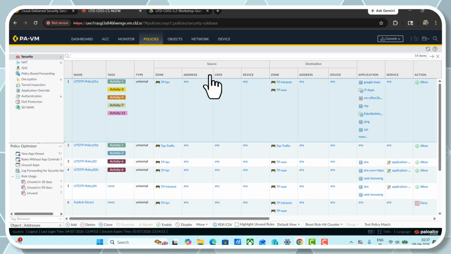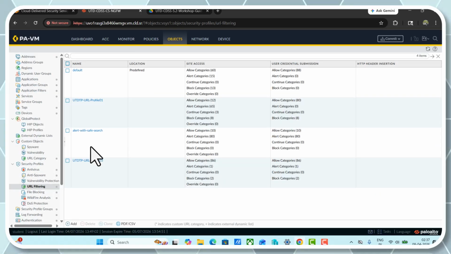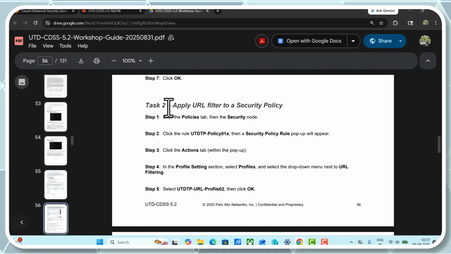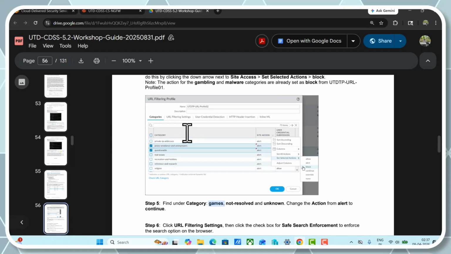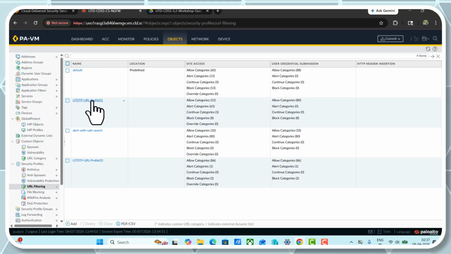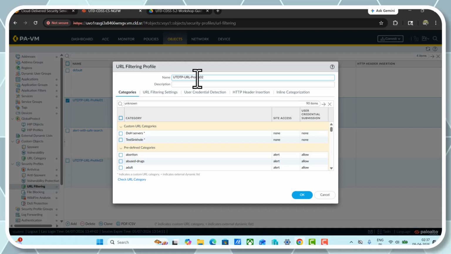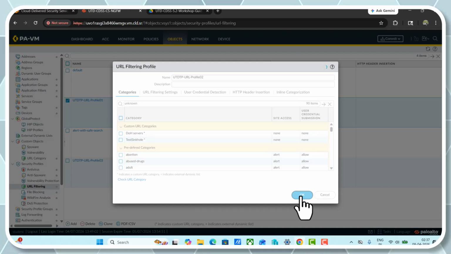So let me click on cancel and let me go back again, and URL filtering. So actually it is URL filtering profile 1, and what it is showing here, rename the policy to URL filtering profile 2. We have to rename this as well. That's why this is happening. So let me do it too. Okay,